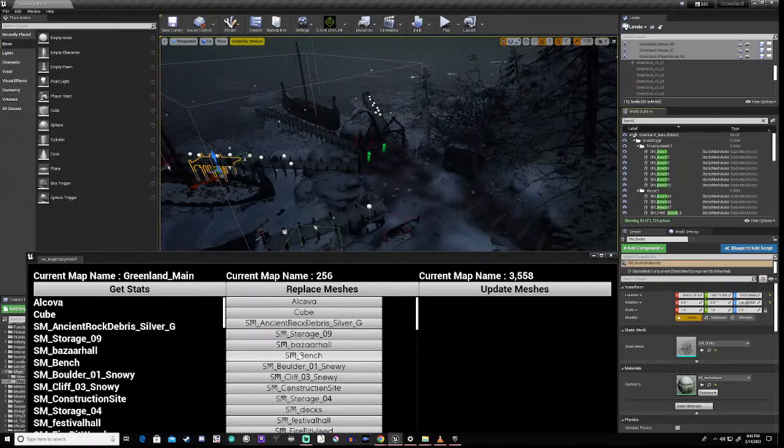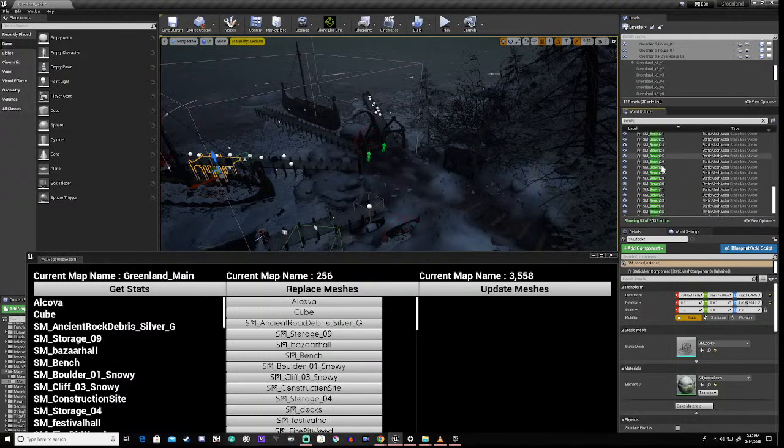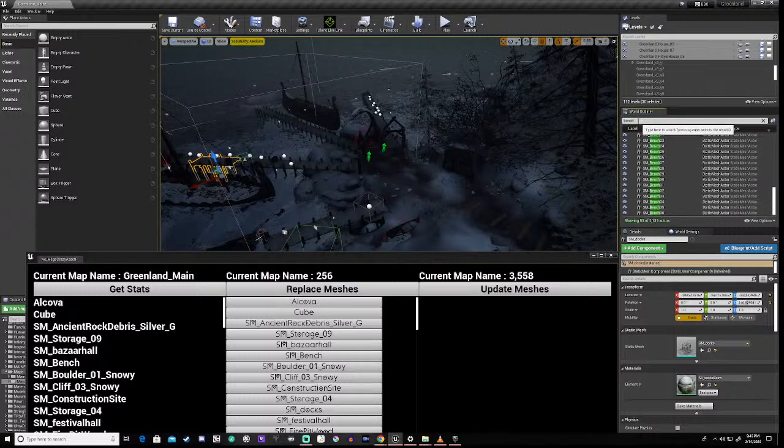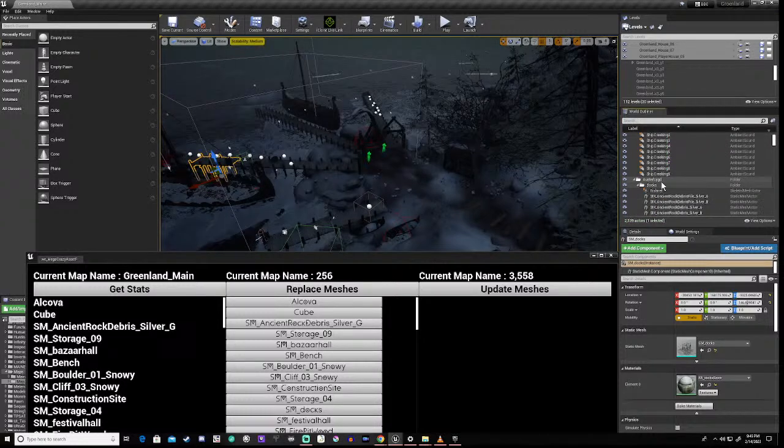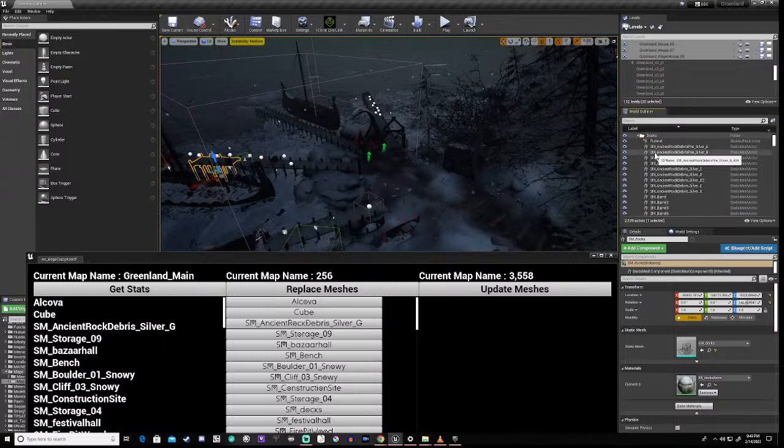So if I was to create another one of these, really what we want to do here is find out how many of each item there actually are, and then basically target them from the highest instances to the lowest, right?